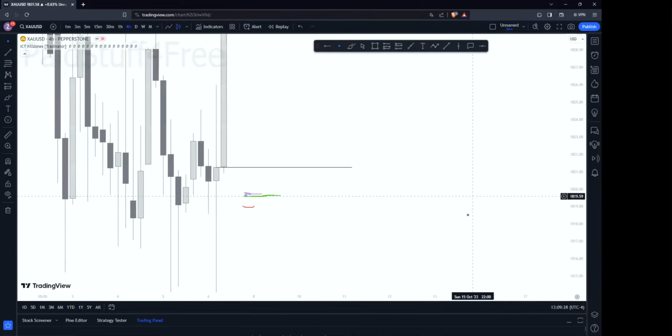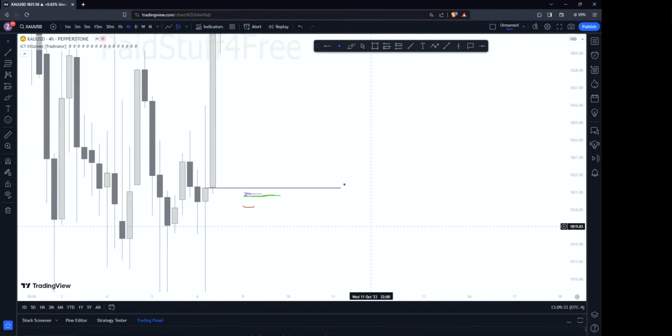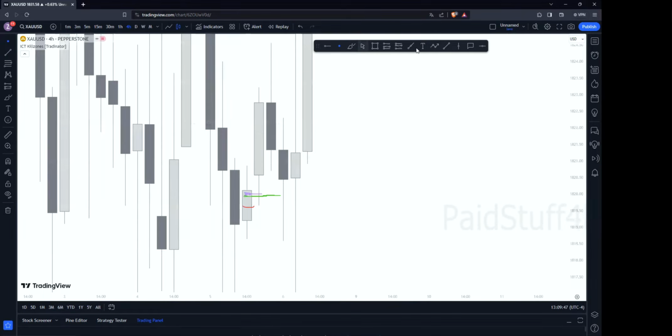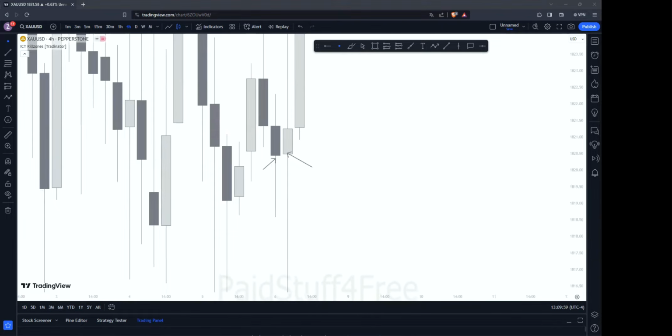So the second type is called the V level. What's the V level? The V level is simply the pair that you picked. The first candlestick is going to be bearish, and the second candlestick is going to be bullish, right? So let's take an example here. You're gonna have the first candlestick right here, then the second candlestick right here, and then the closing of the first one.